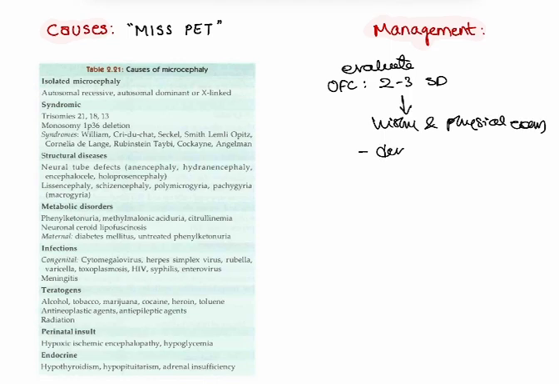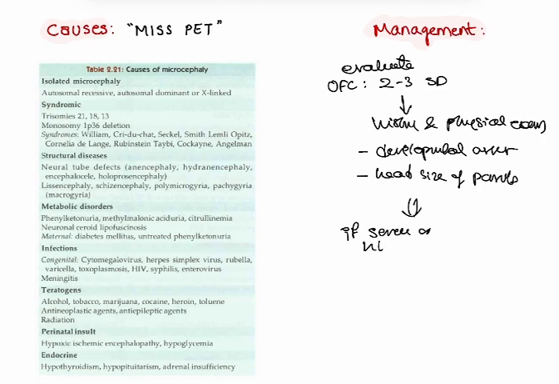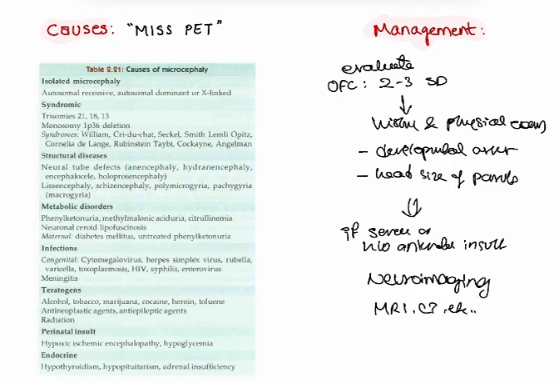We have to do developmental assessment, and we have to check head size of parents. If it is severe or there is a history of antenatal insult, we have to do neuroimaging, that is MRI, CT, etc.